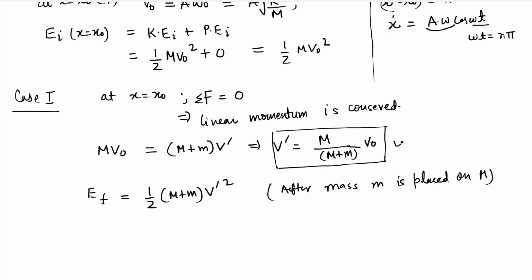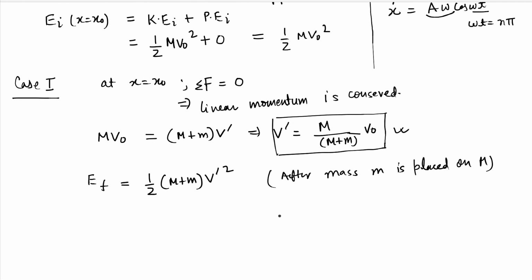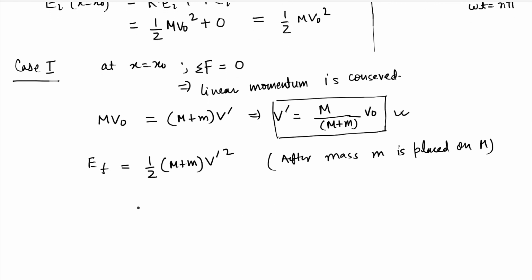So this is the final velocity for case 1 when mass has been placed on top of another bigger mass m. Okay, so let's just compute this. So this is just half m plus m, and v prime we know from here is m by m plus m whole square v0 square,